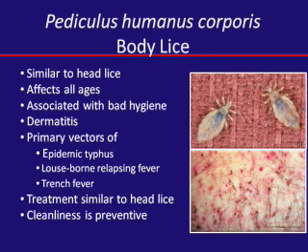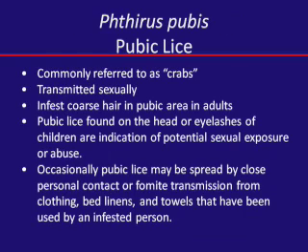Body lice, unlike head lice, are important in that they are a source of transmission for epidemic typhus, louse-borne relapsing fever, and trench fever. So they're the primary vectors for these three diseases. Typically associated with bad hygiene. So where you would see it in the United States, again, is somebody who's living in the streets, who's not changing their clothes, doesn't have access to a washer and dryer. Treatment is going to be similar to head lice, but again, you're going to also need then to treat the clothing and sources of potential recontamination.